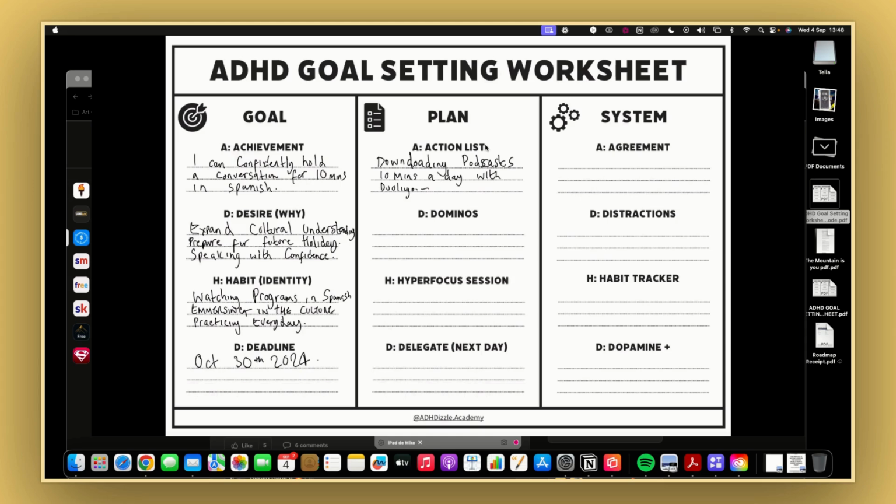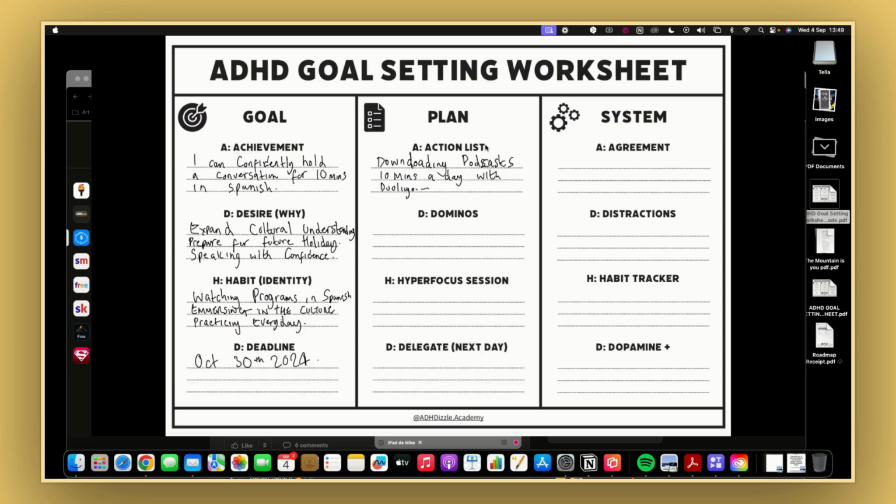And the objective here is, like I said, you just got to write down a bunch of things that will get you there, right? Listening to podcasts will get you there. Watching TV in Spanish with the subtitles is going to help you get there. Doing Duolingo is going to help you get there. Speaking to people as much as you can in Spanish, just putting yourself out there, maybe spending 5 minutes a day going into a community of people who are learning to speak Spanish as well, and practicing speaking with them, maybe writing to them back and forth. These are all actions that you'll be taking, right?